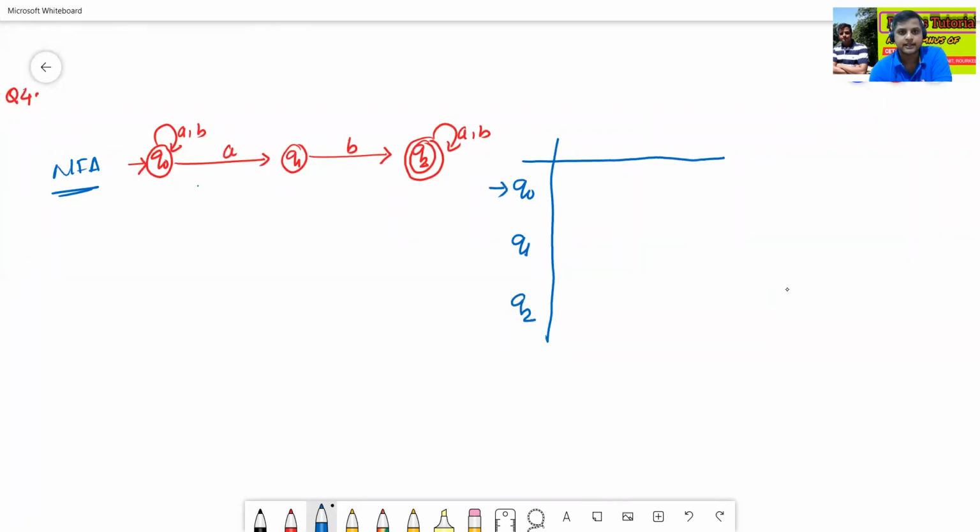Q0 is the initial state and Q2 is my final state. This is A, this is B. Q0 reading A goes to Q0 and Q1. Q0 reading B goes to Q0. Q1 reading A, nothing. Q1 reading B goes to Q2. Q2 reading A goes to Q2. Q2 reading B goes to Q2.